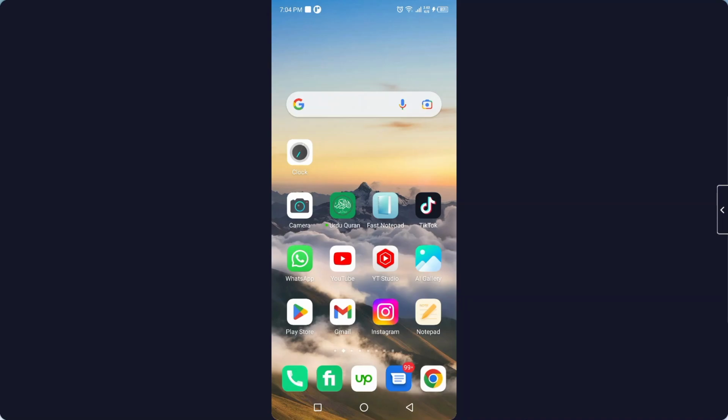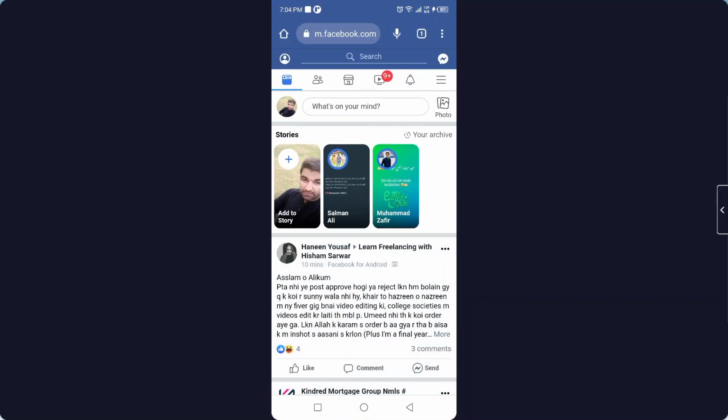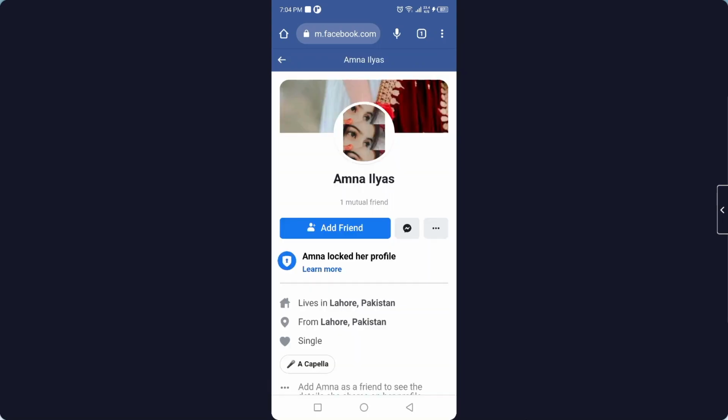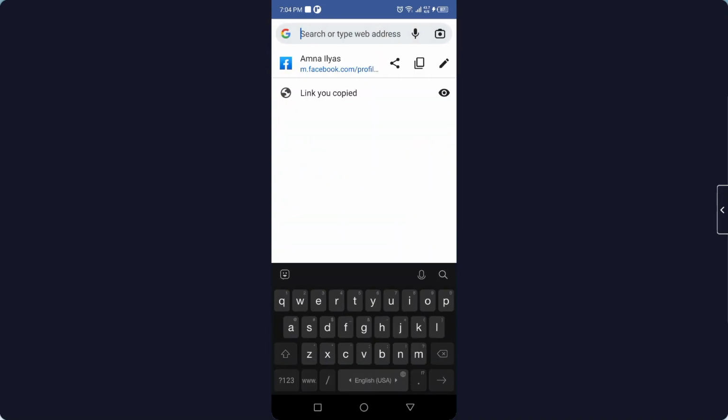So the first step you need to follow is to open any browser. And then you need to search for the profile. So I'm going to search for this profile. As you can see, this profile is locked. You simply need to click on the link of that profile and click on